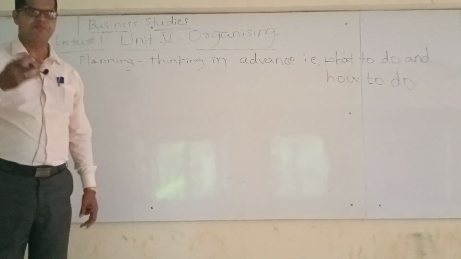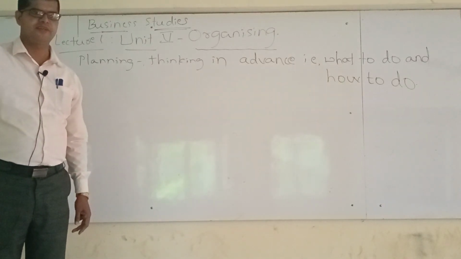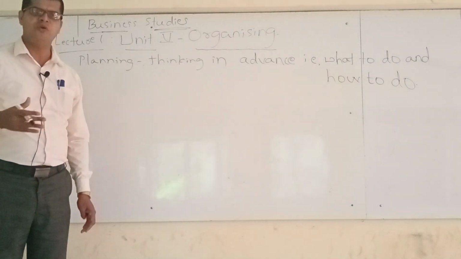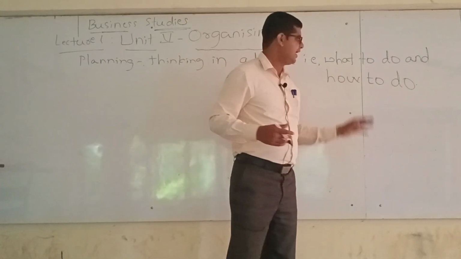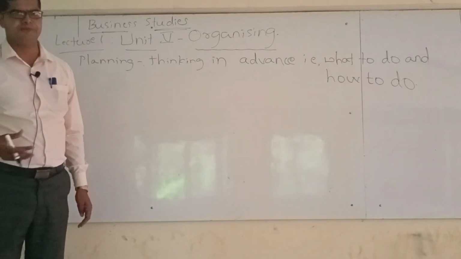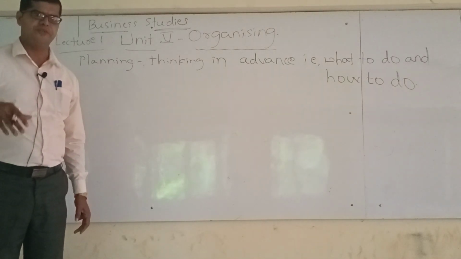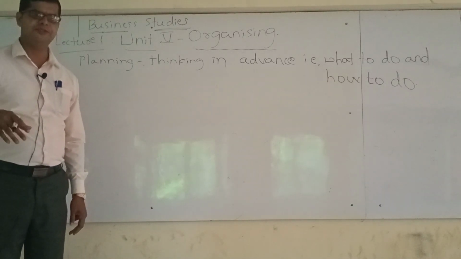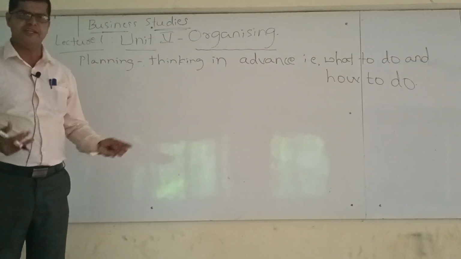So all these plans we have to make because our objective goal is important. So to reach that objective, we need to go through all these processes, all these activities. And so what to do is clear to us, and how to do it. How to do it means our individual contribution. So maximum efforts we have to use. We have to put our maximum efforts to reach our objective. So similarly, in the case of organization, whether it is manufacturing industry, service industry, or small scale industries, medium scale industries, large scale industries, sole trading business, partnership business, or joint stock company business, any business,